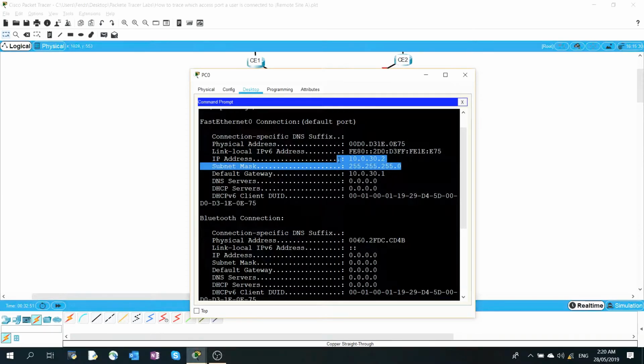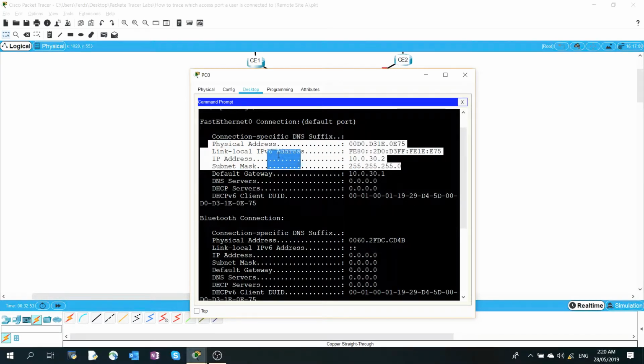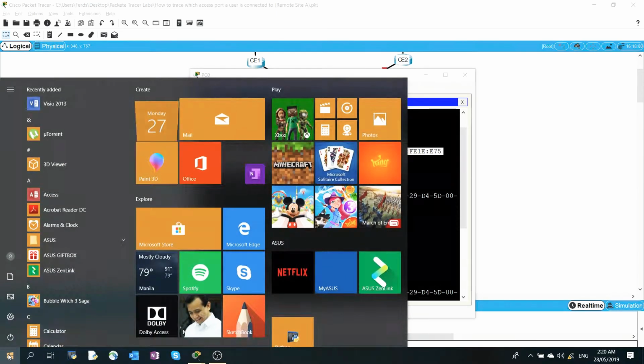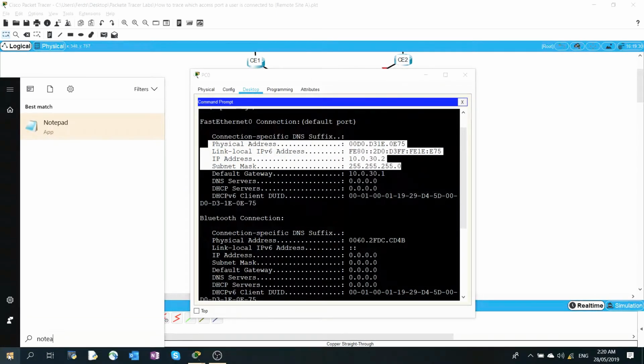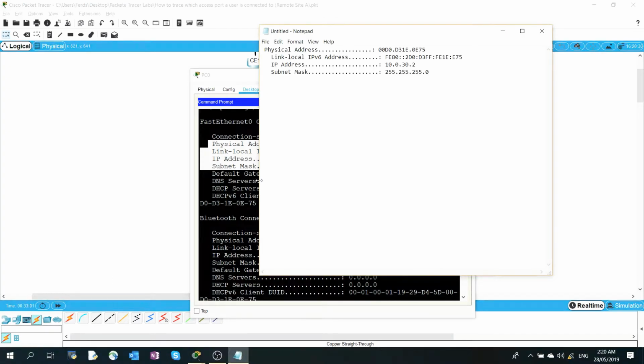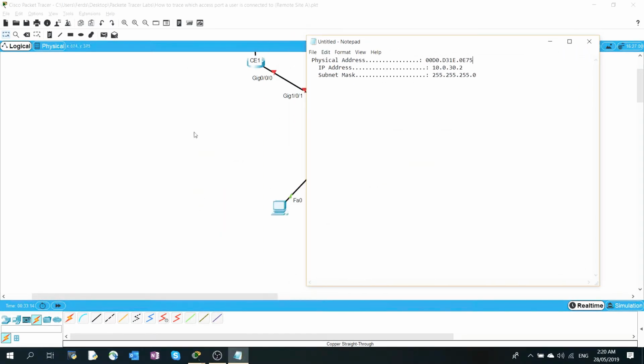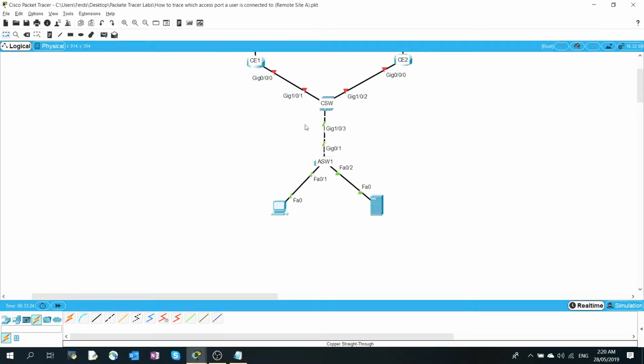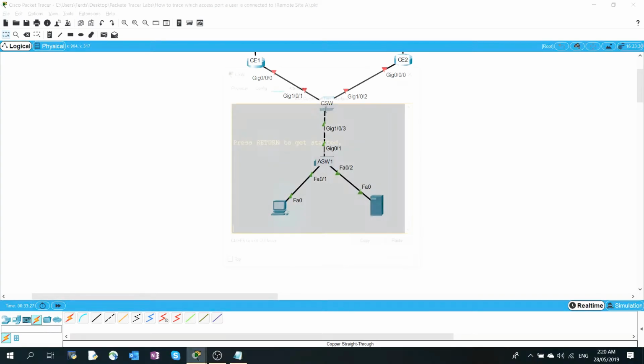So I'm gonna actually just copy and paste this. I'm gonna go to here, and this is the link local IPv4 address. We don't need that. So once we get this, now we have the MAC address and the IP address. What we can do is go into the core switch,